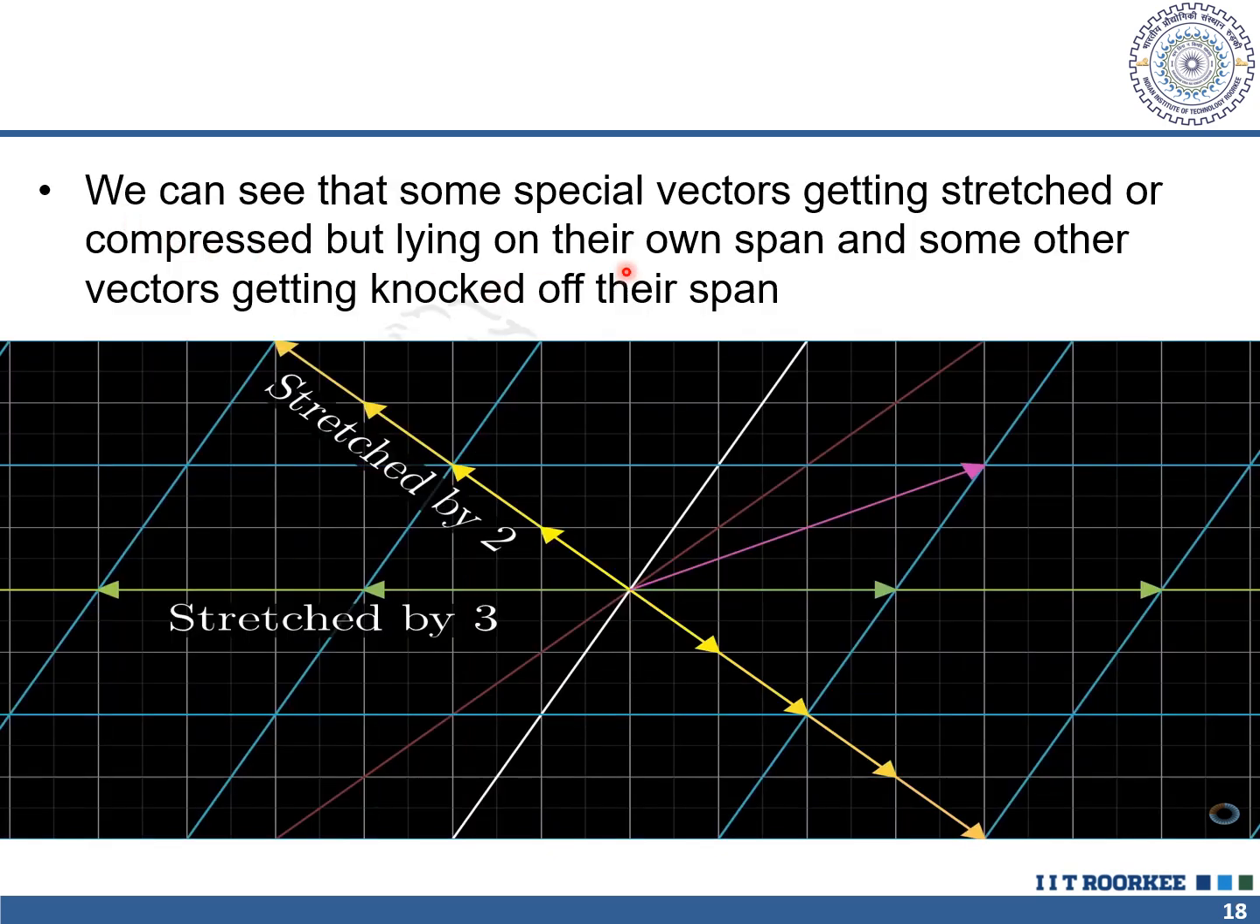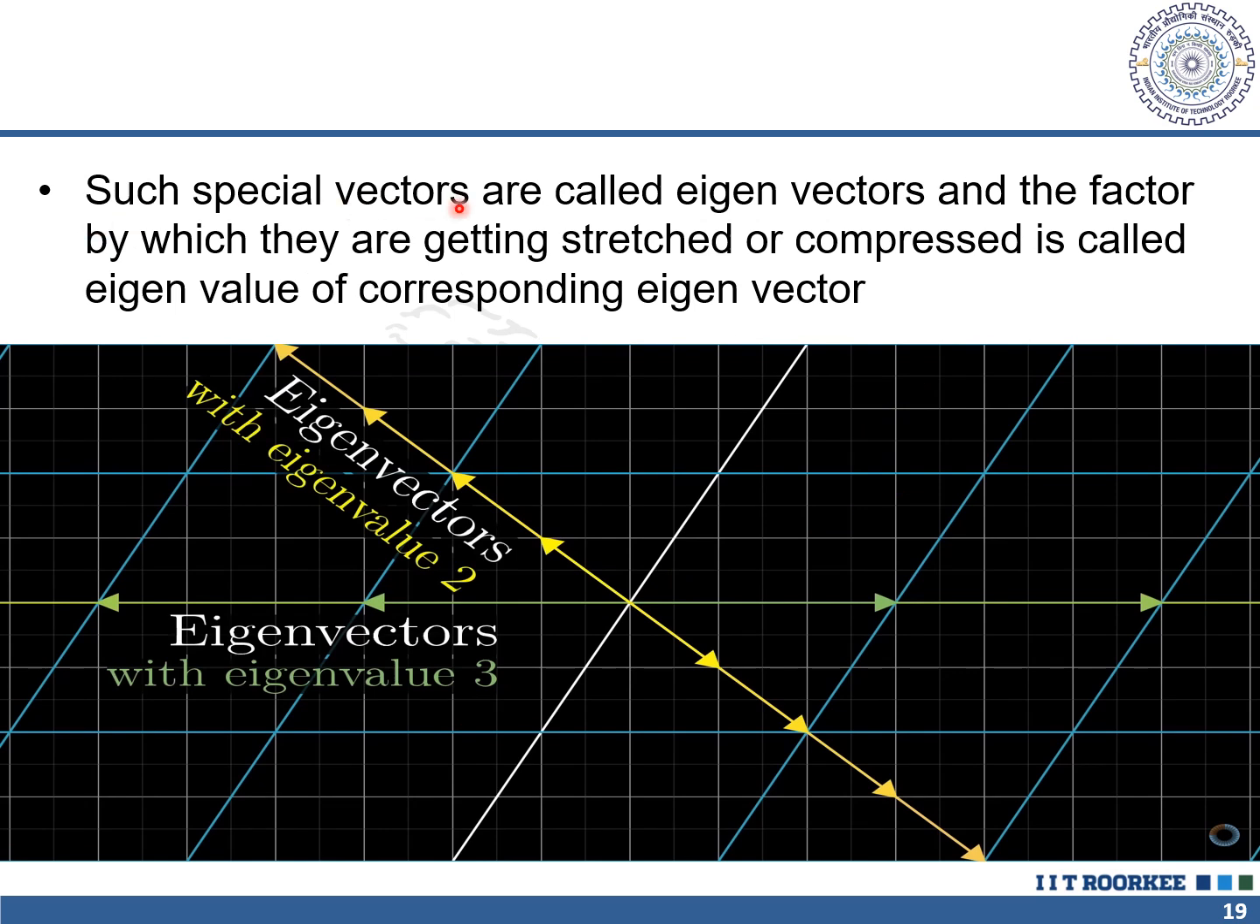We can see that some special vectors get stretched or compressed but lie on their own span, and some vectors get knocked off their span. As we can see, vectors in this direction got stretched by 2, vectors in the x direction got stretched by 3, and all the other vectors got rotated from their direction and knocked off their span. They don't lie in their own direction. Such special vectors are called eigenvectors, and the factor by which they get stretched or compressed is called the eigenvalue